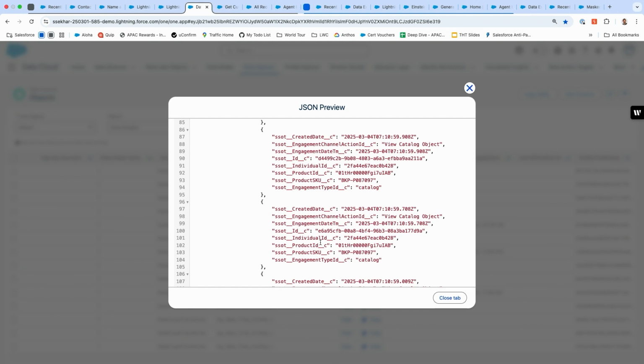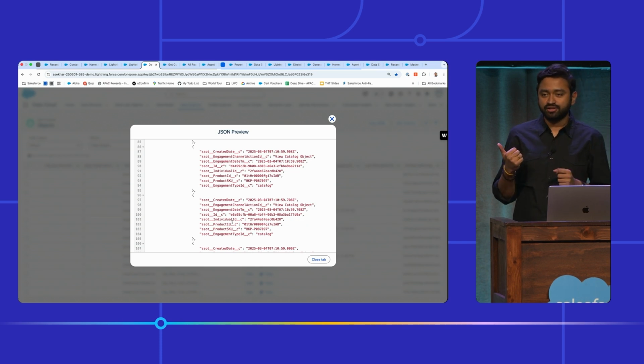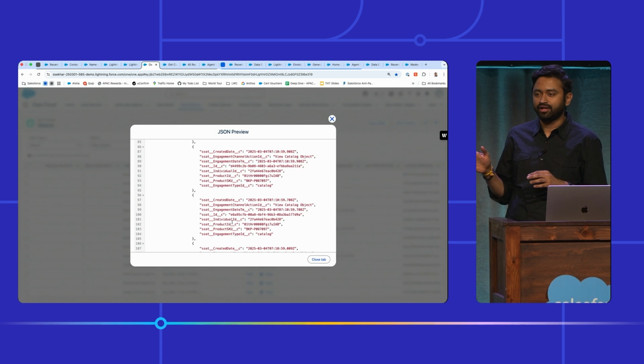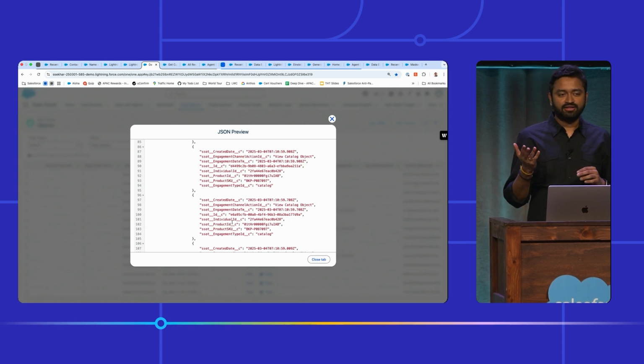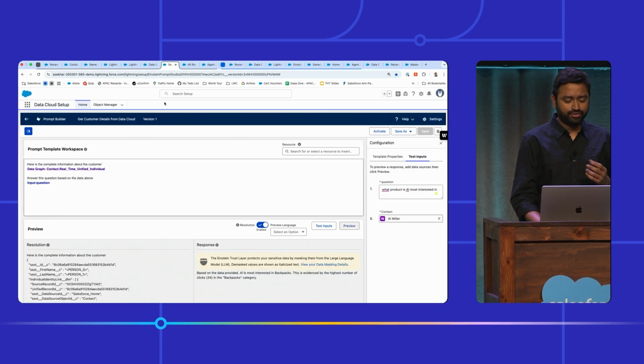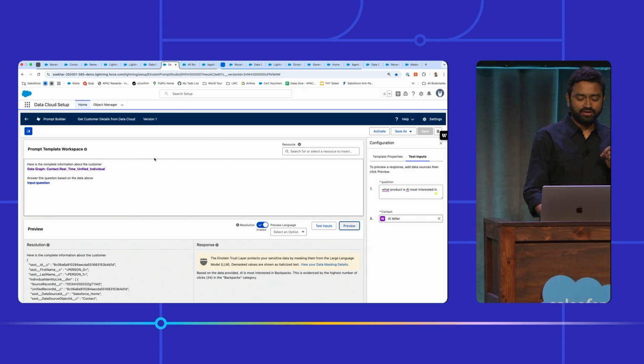Now, what are the use cases that you can unlock with this? So first of all, you can query this JSON and you can do whatever you want with it. If it is Apex, you parse this JSON and write your own business logic. If it is flows, write your own business logic. But you can go a step further and you can feed it into a prompt template to enable more use cases. So within a prompt template,